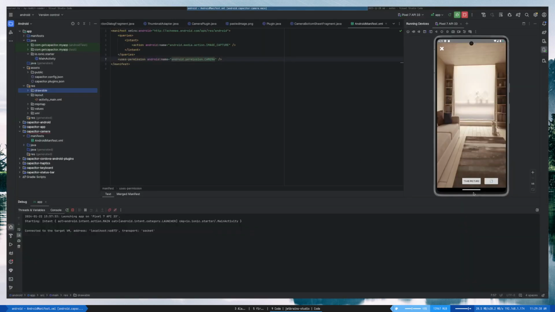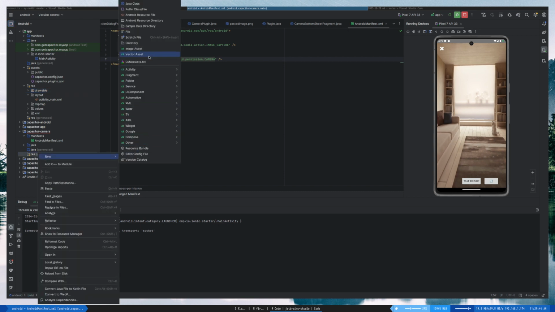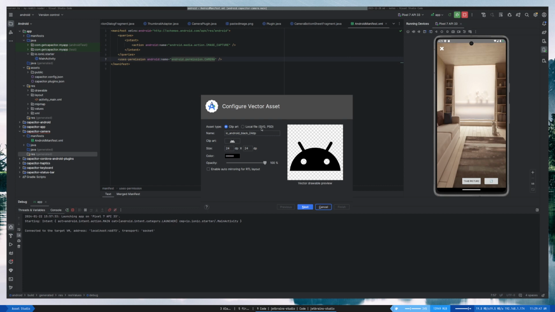Hmm. So I guess I will grab that file. And put it in